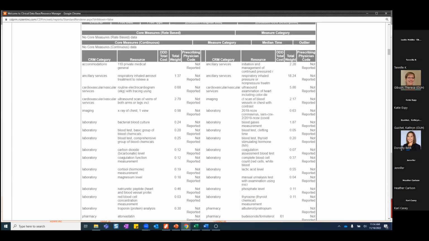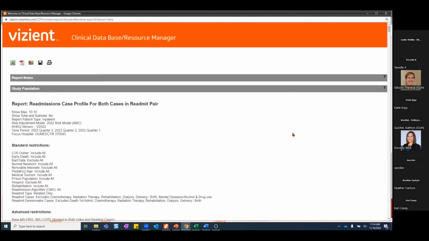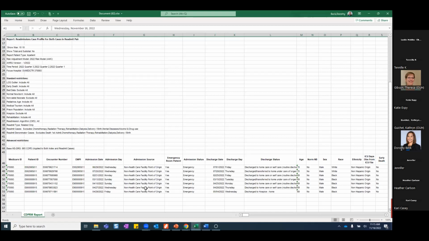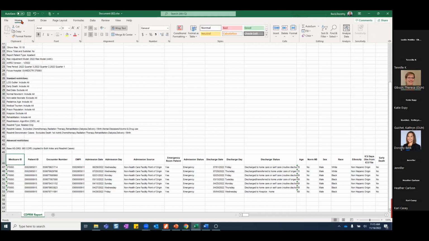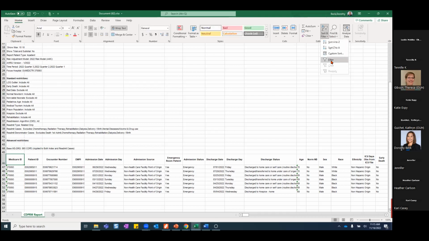And I also want to show you, it's easier for me looking at case profile reports in Excel. So you export to Excel. Click on that Excel icon. And when you click on that, open the Excel file. And right here are those 7 cases. So what I usually do, if I have a lot more, I filter my headers. Let me move this around here. So if you go here and click filter,